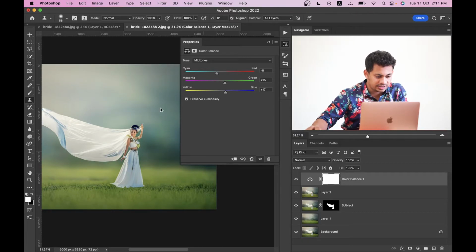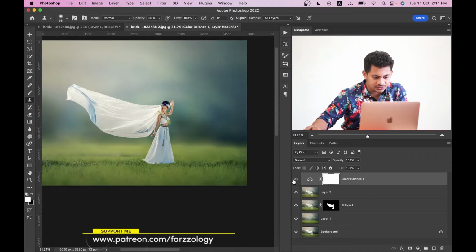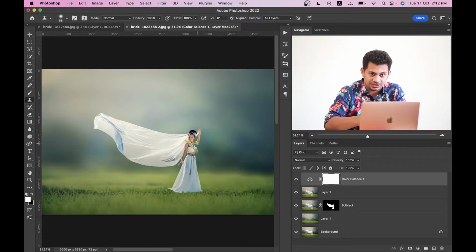I think it looks right. So look at this. This was the before and this is after. But I don't want to apply the color balance effect on the subject. So for this, just